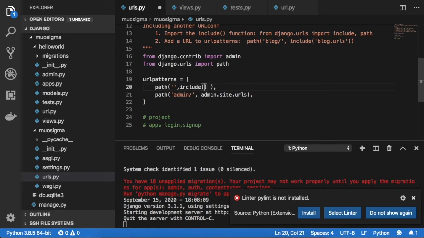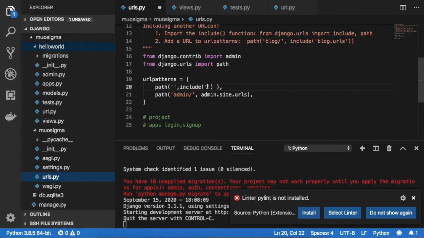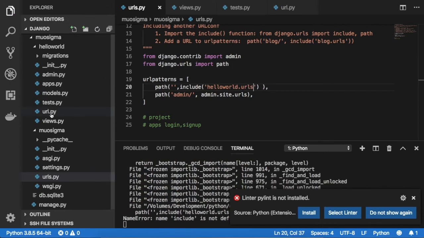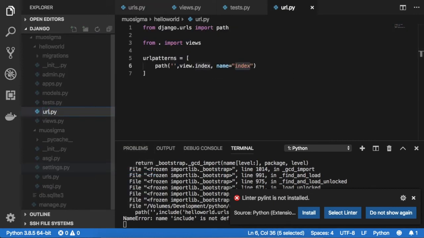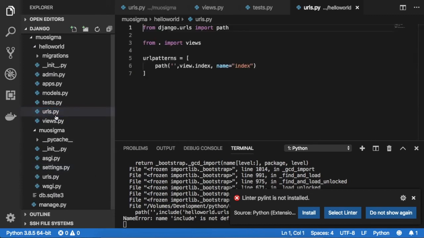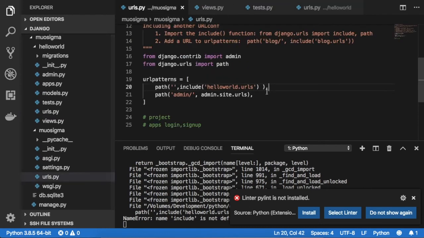So like this, this is the project name, right? So just rename and copy the name and just put it here like this, and dot urls. Oh, this is a mistake, you need to say urls.py. Just correct this. Once you correct this, I'm going to this file here.